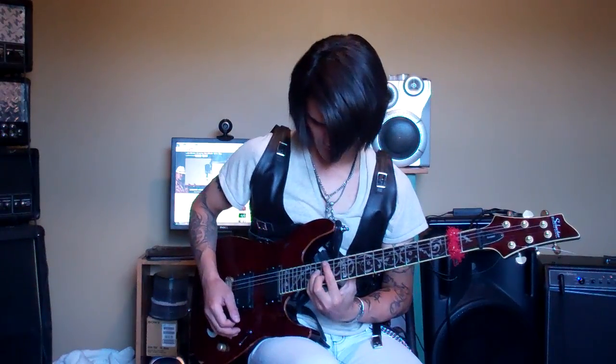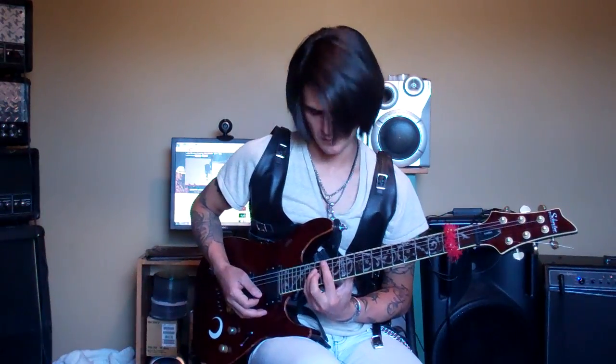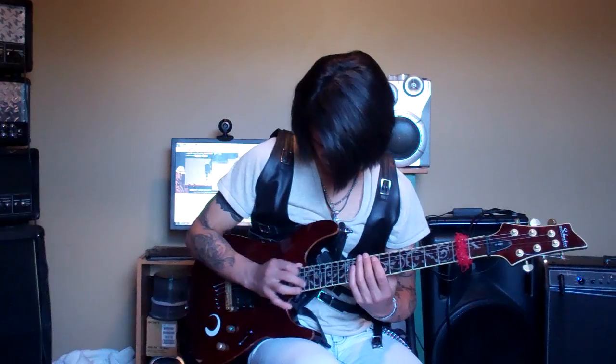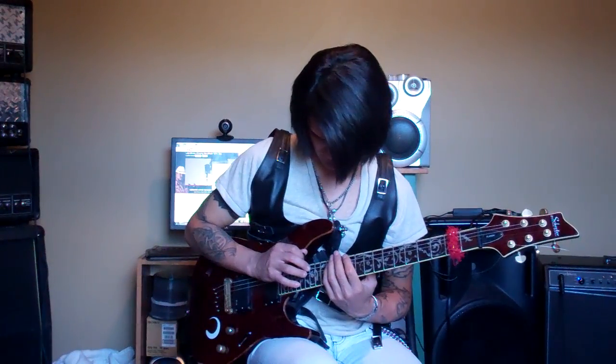So again, that is the B minor arpeggio, and the concept behind what I'm doing is I'm outlining this bar chord voicing of a B minor, and I'm actually outlining this left hand voicing of B minor. Okay, so I'm actually tapping the bar chord voicing. Okay, and then meanwhile my left hand is fretting that voicing, so you're getting